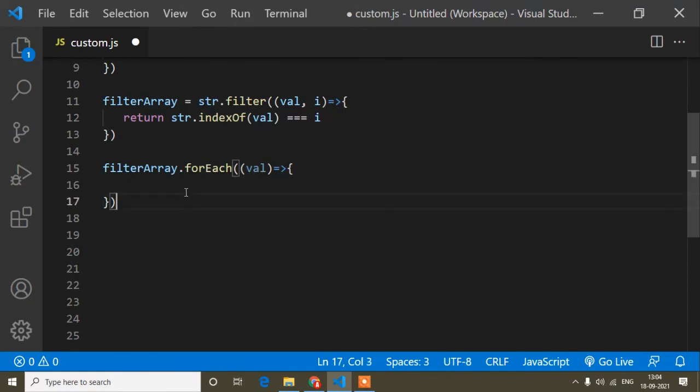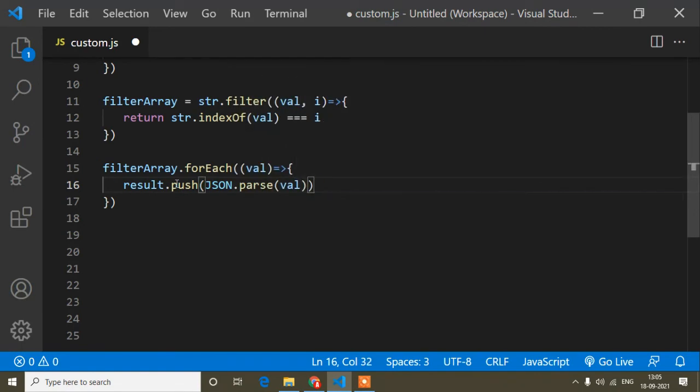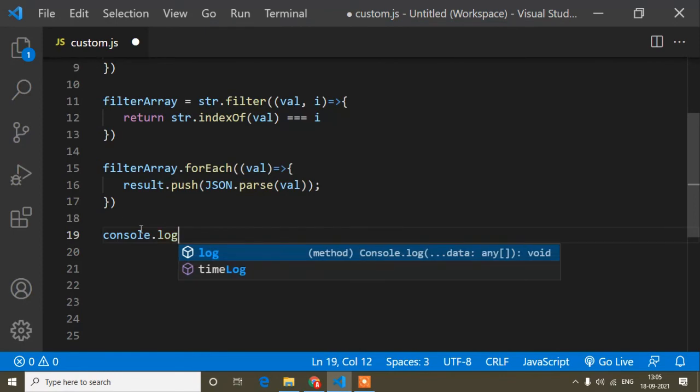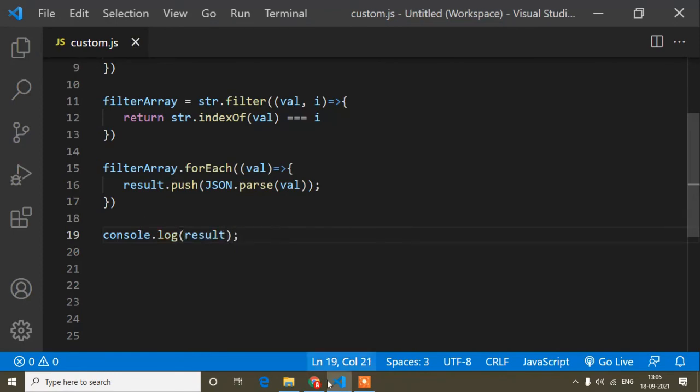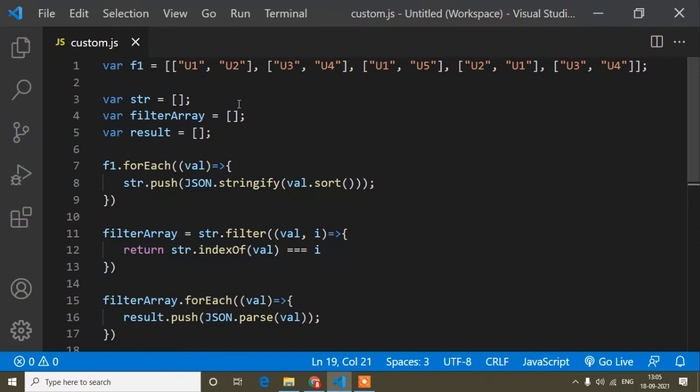Now here I will write result dot push, and now JSON dot parse value. Now I will console dot log result. Now you will find it's an array format, and in this array you can see it has removed the duplicate one. So this way you can remove the duplicate one if the scenario is like this.